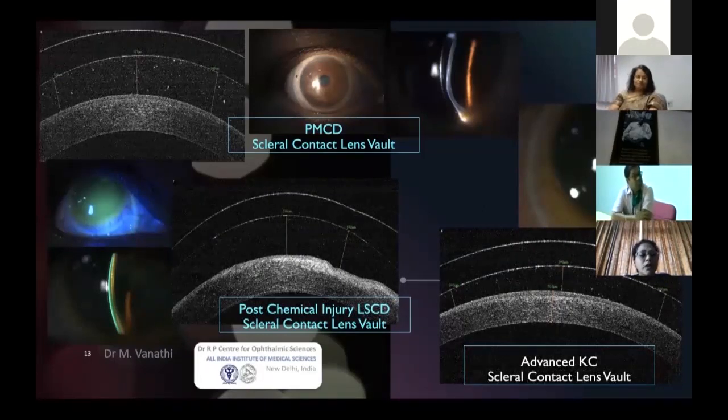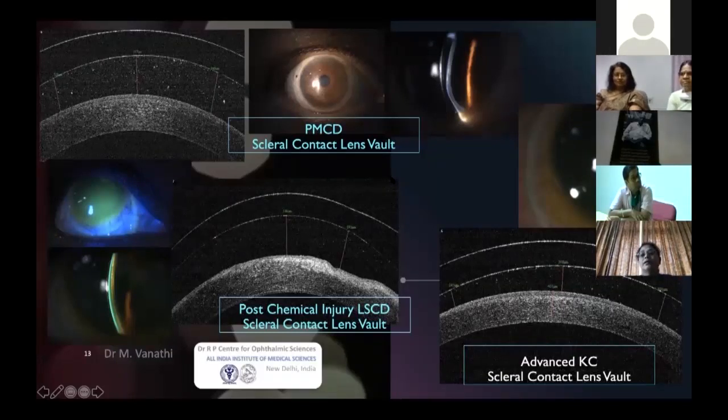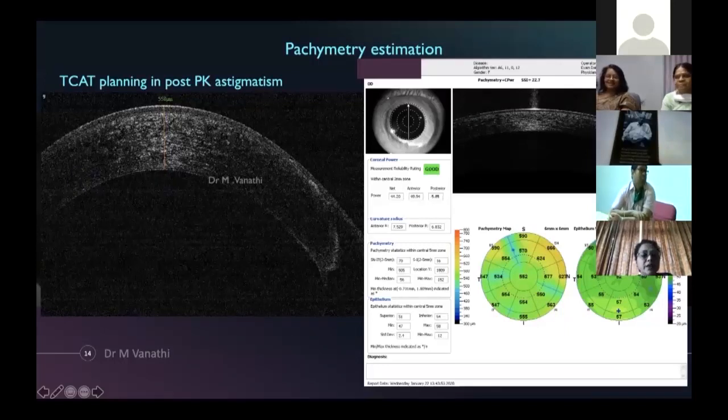Again, this is another vault which we have. The vault picks up the fluid level or the tear fluid between the cornea and the contact lens which is fitted in, and assessing these tear film vaults, the lens vault or the contact lens vault in these cases helps us to decide on the optimal scleral contact lenses which need to be worn for these advanced